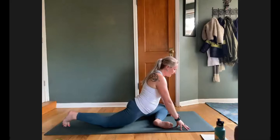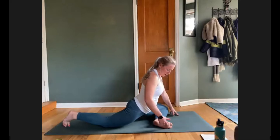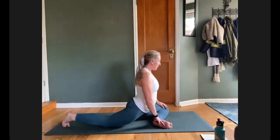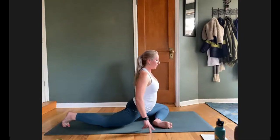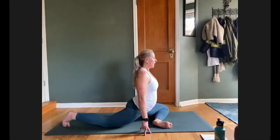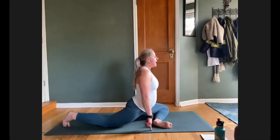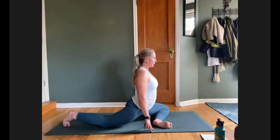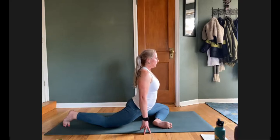So start by pressing your front foot into the mat. So you're flexing that foot. And bring your hands maybe back onto your leg or back by your side. Press the front foot into the mat so that you find a little bit of lift in your spine. Breathe in and out. And inhale